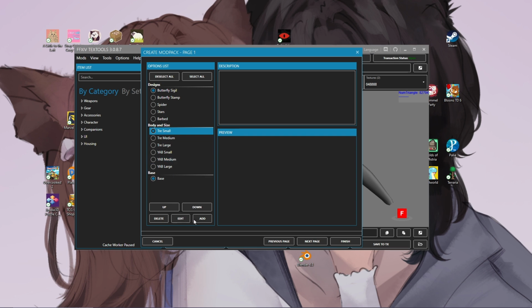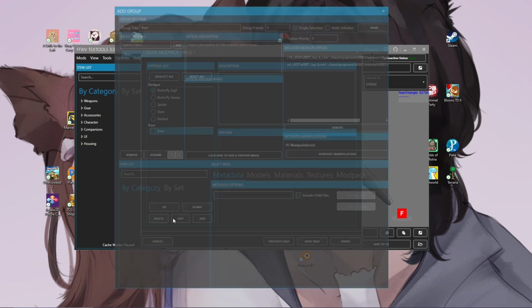I'm not using any of these sizes, so I'm going to delete those to save space because I don't want extra models that I'm not going to be using. I believe 99% of my mods come with this version here of the base, which includes all the other textures that are attached to the mod itself. So what I'm going to do is just add the new model to that base version. That way I don't have to create anything extra. I could just have it all in there. So I'm going to highlight it, click edit,